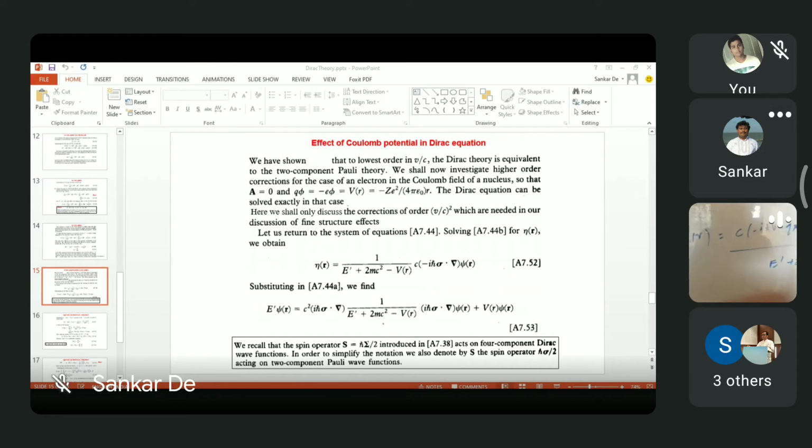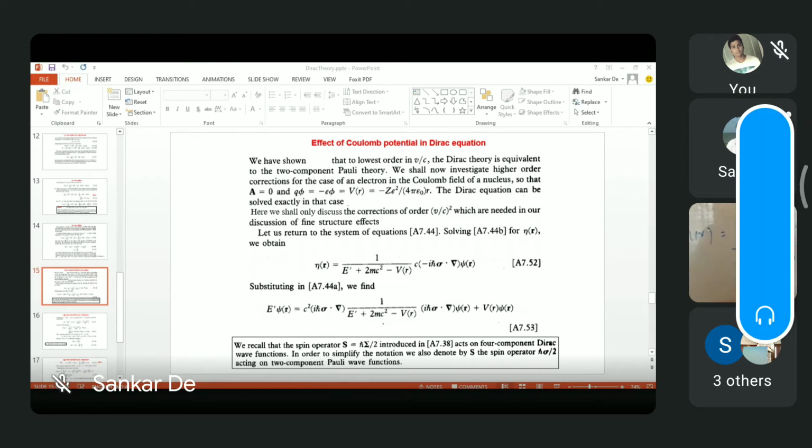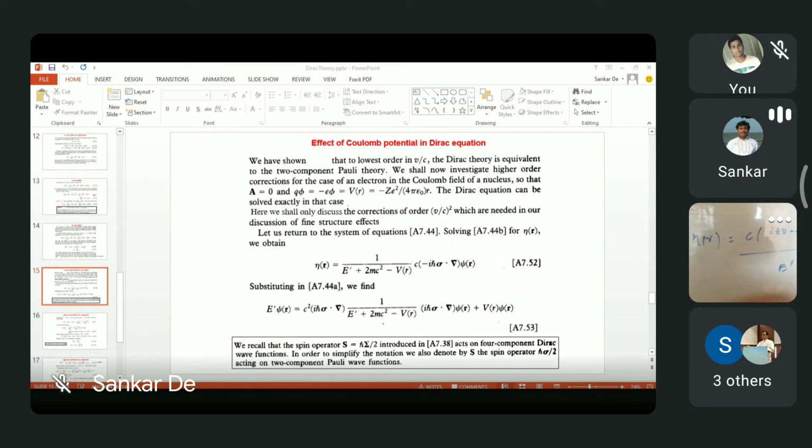Minus delta. Okay, there is a QA term there. Why am I getting a QA term? You will get the QA term because A is equal to 0, so you can ignore it. Okay, then it is a central field, Coulomb field, so that's why. Yes, then there is a delta and this is a sigma. So this is correct. Then we have to substitute back in the above equation.